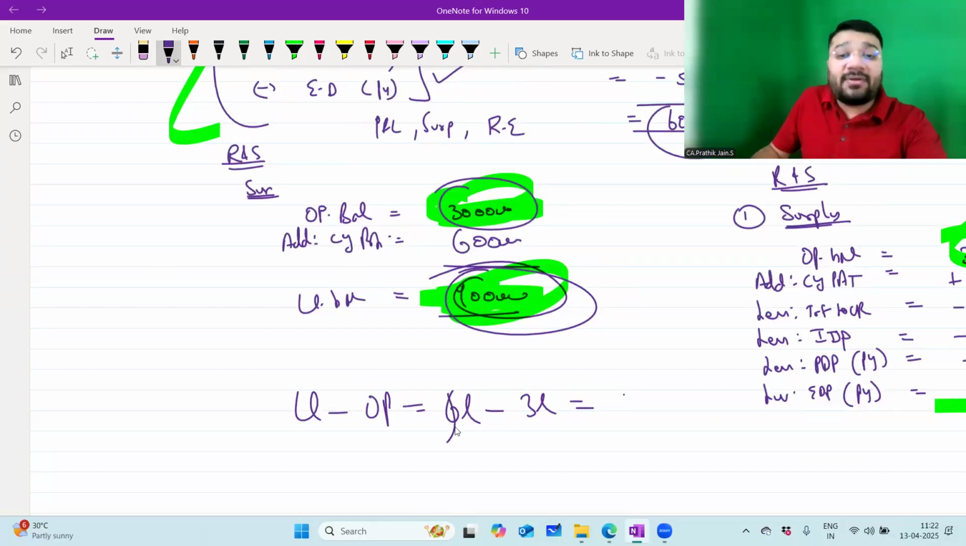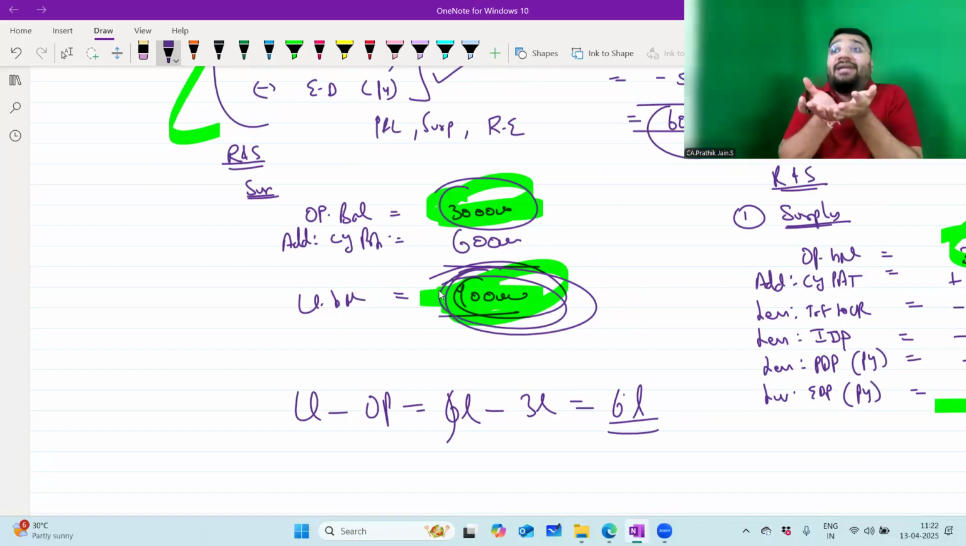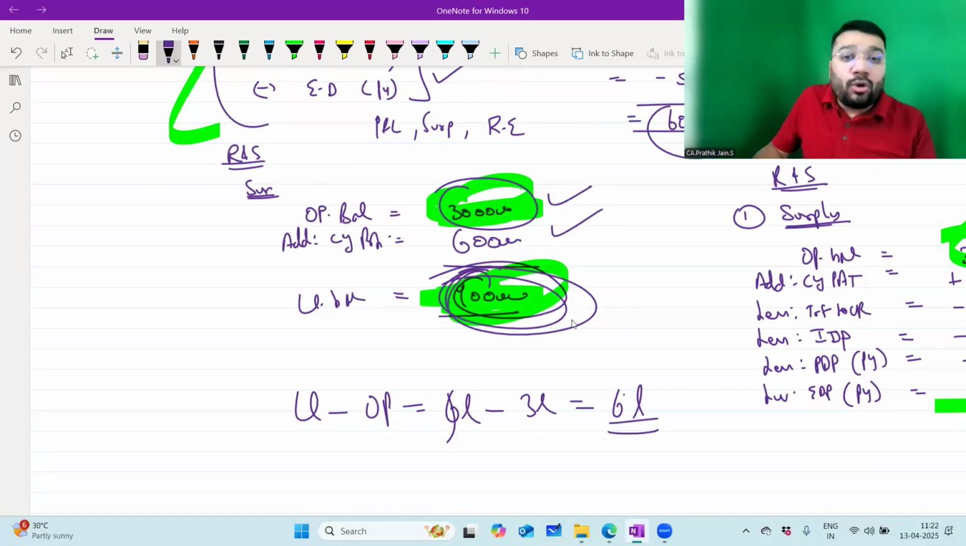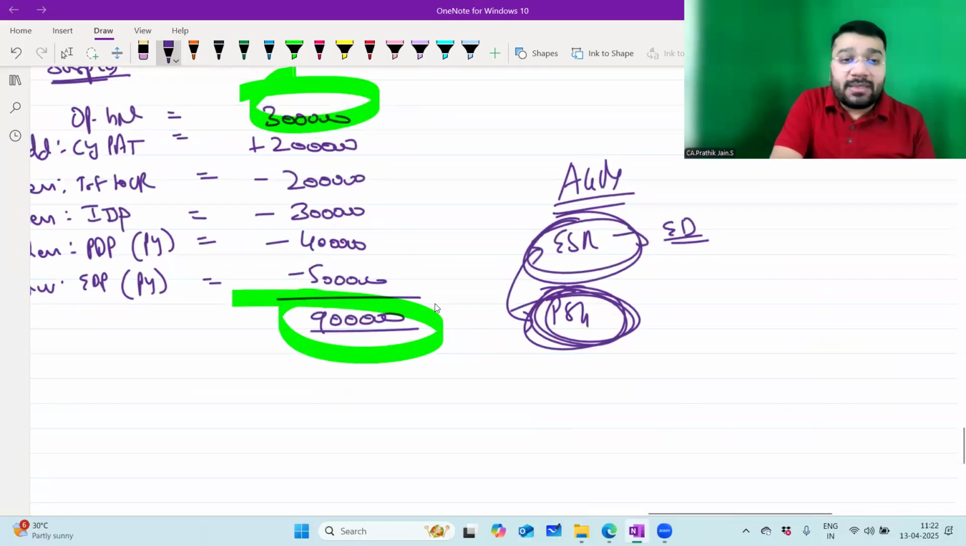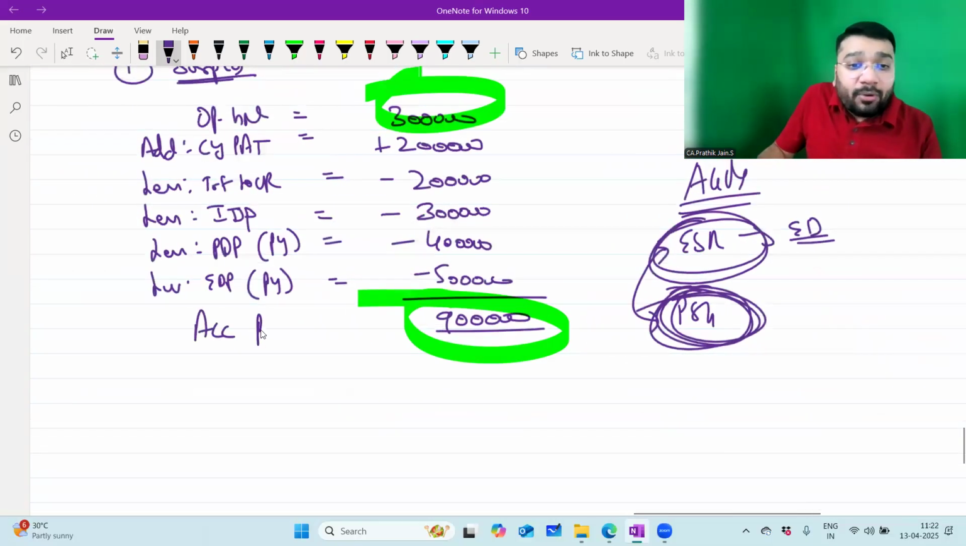Sorry, 9 lakh minus 3 lakh. If I do, I get 6 lakh rupees. What is it? It is current year's profit. Correct? No? 9 lakh is what? Accumulated profits of all the years put together. 3 lakh of the previous year, 6 lakh of the current year, and total is how much? 9 lakh. So your closing balance of surplus is nothing but accumulated profits of